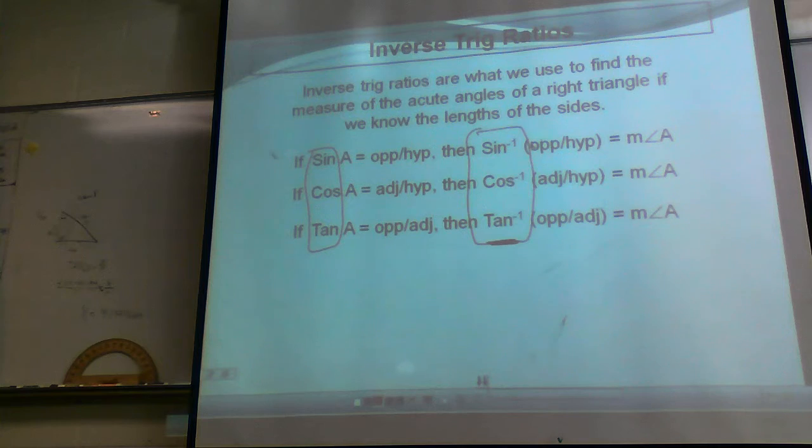All right? So, types of problems where you might do these would be